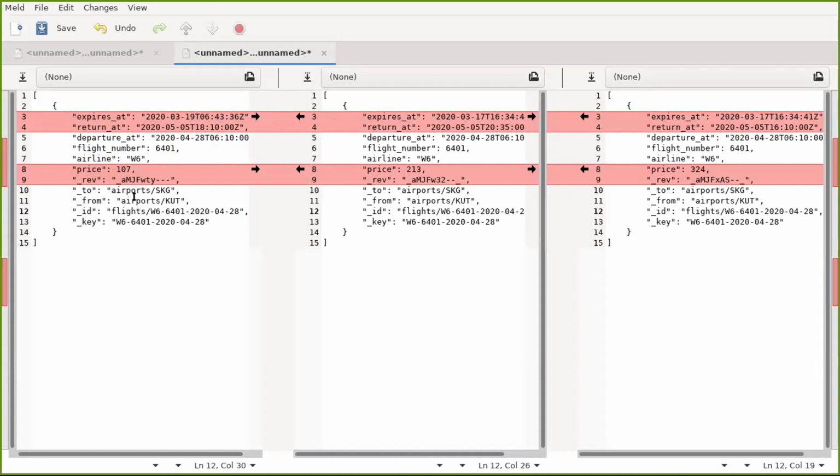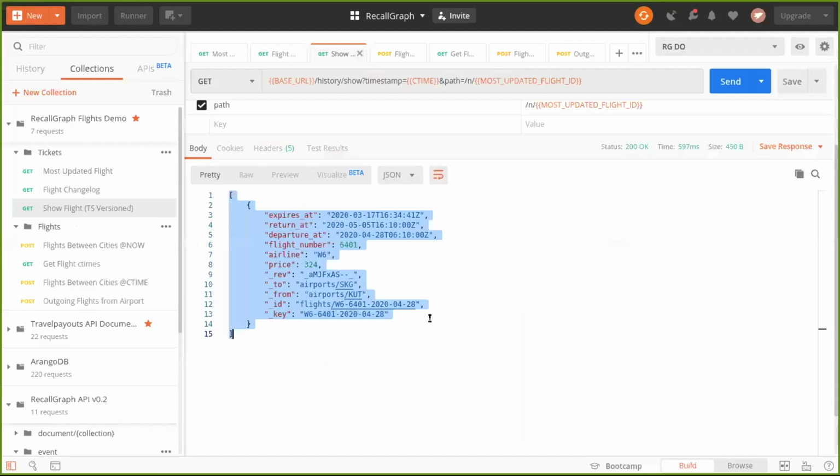It is the same ID, the same key, and you can see that the revision number has also changed. So we are looking at three different versions of the same node at different points in time. So this is one way in which you can see how multiple versions of the same node are tracked.